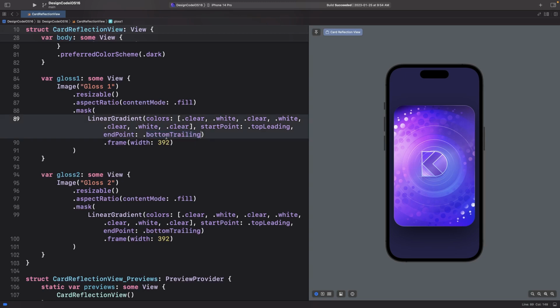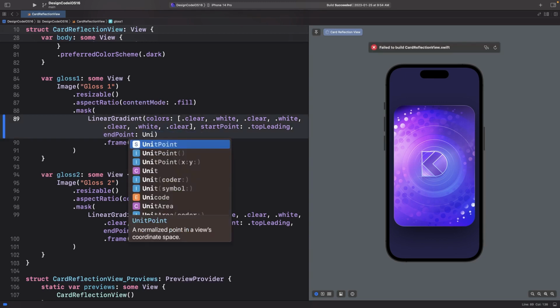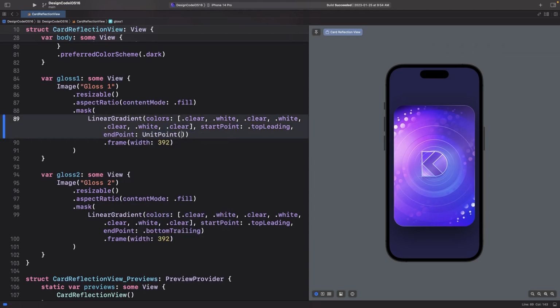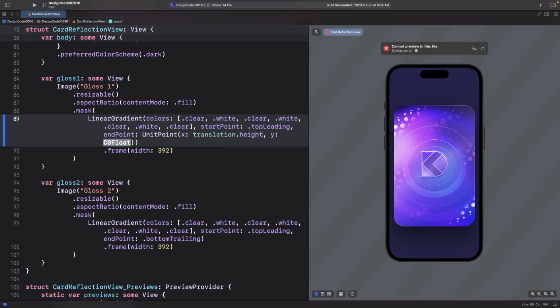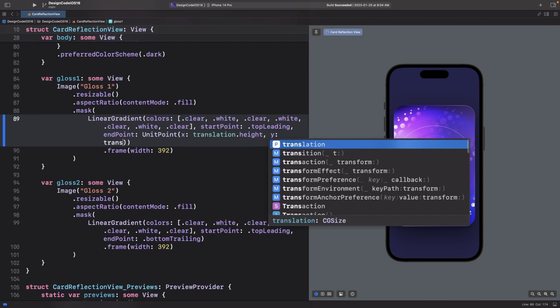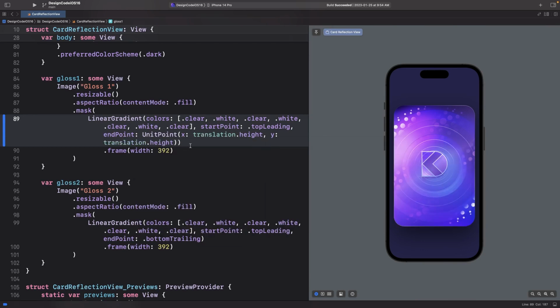So in practice, let's go to endpoint, and we're going to set unit point, because in this case, instead of doing top leading, it's going to use numbers. So unit point allows us to set the X and Y values. So we can use either translation width or height. In this case, I'm going to use translation height as well as translation height for Y value as well. Now you can use width for the X position, but in this case, I found to have better result using